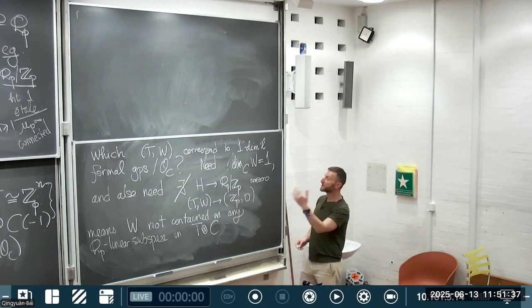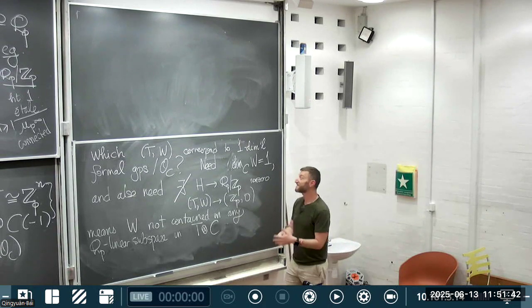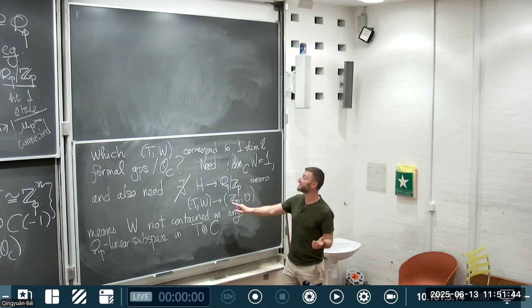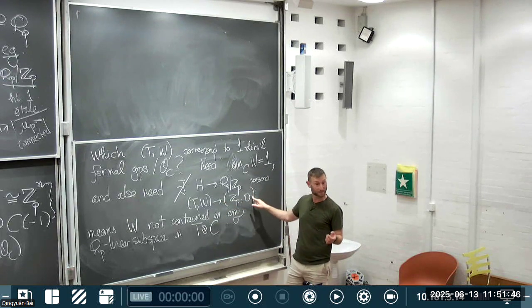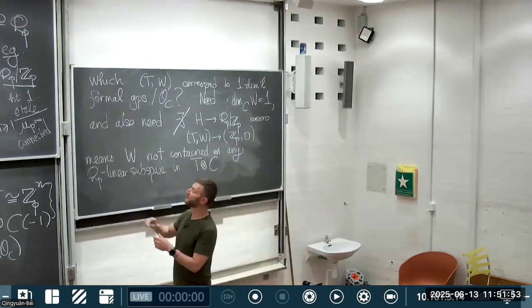So if it were contained in such a subspace, there'd be a Q_p linear form that vanished on the W. And then you would get a non-zero map like this. And then the thing wouldn't be connected. All right, great. So the conclusion